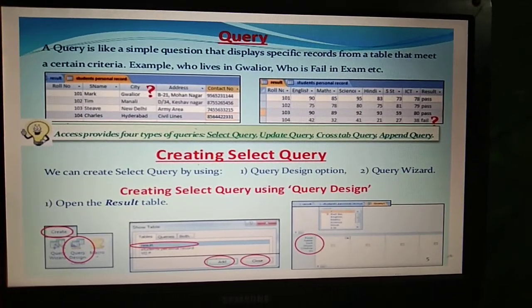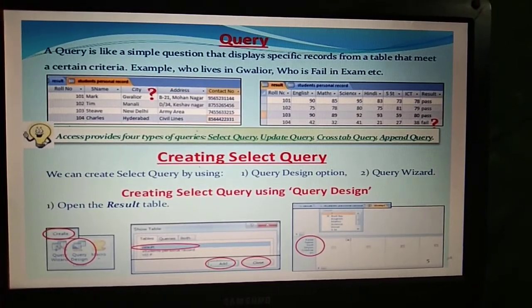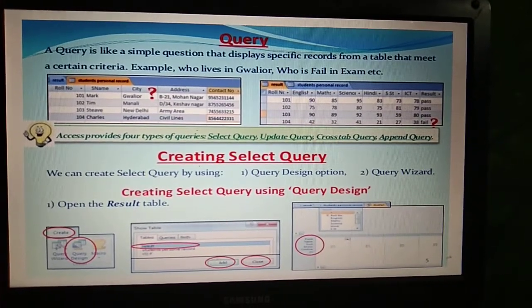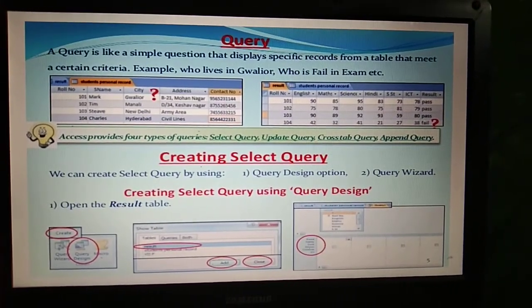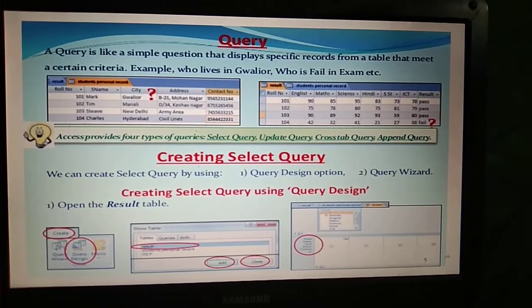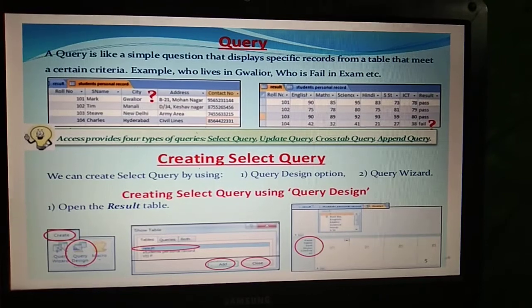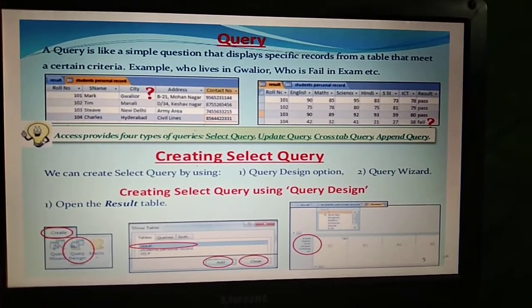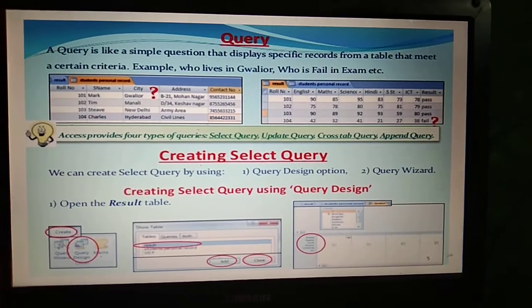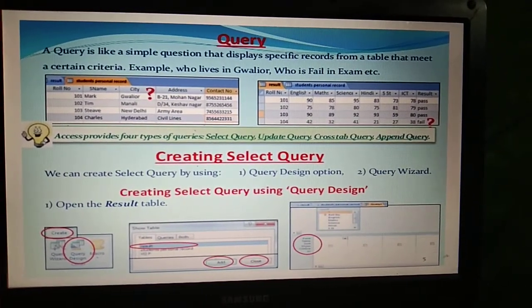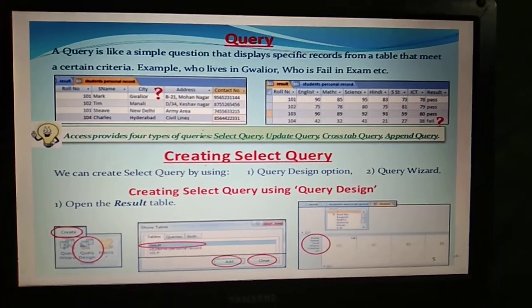A query is used to view, change, summarize and analyze specific data in different ways. Queries are made on tables and the result of a query is also displayed in the form of a table. MS Access provides four types of query: select query, update query, cross-tab query, and append query.